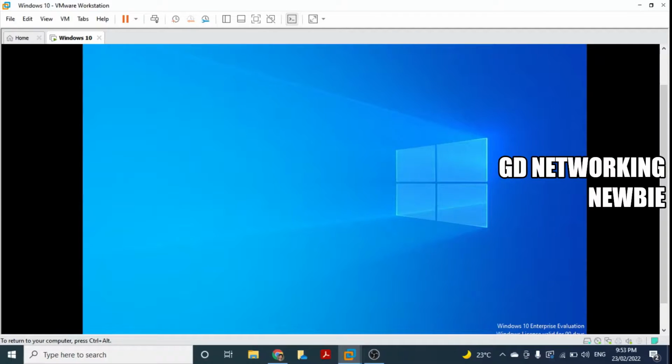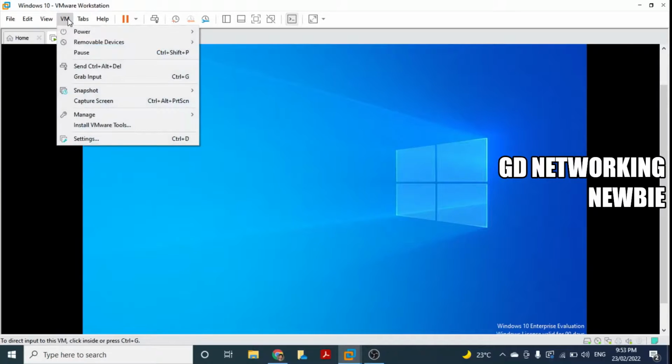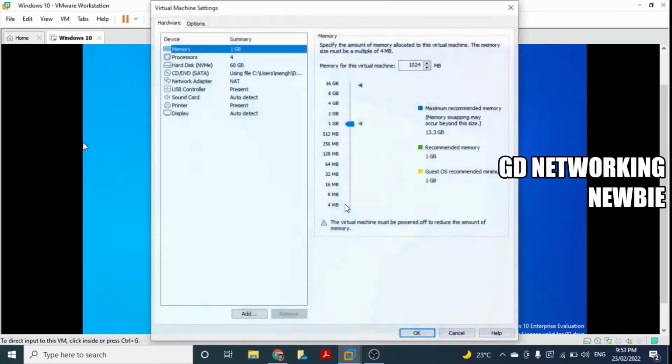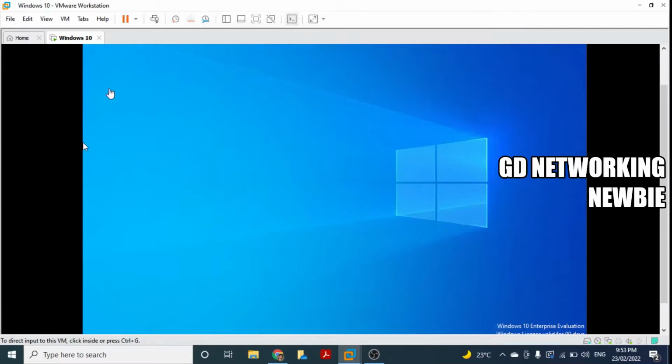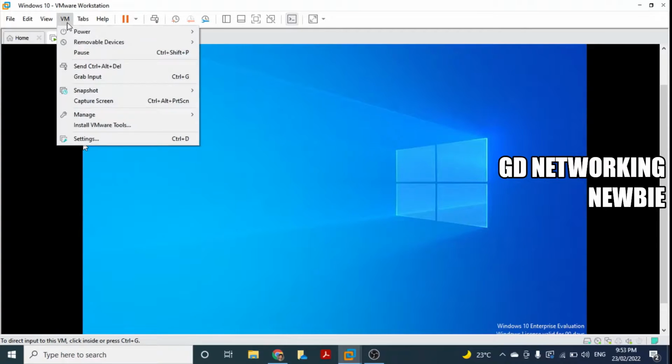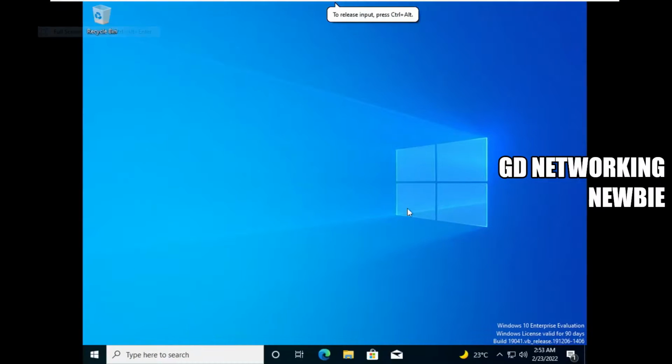So now you can see Windows 10 Enterprise Evaluation version. So if I go in settings, for example, this is the RAM which I can increase or decrease. And in view, let's say full screen, you can see the full screen there. And yes, you can see a Windows 10 Enterprise Evaluation version that is for 90